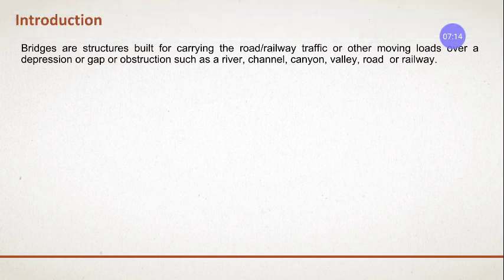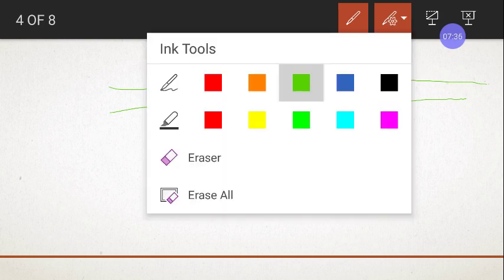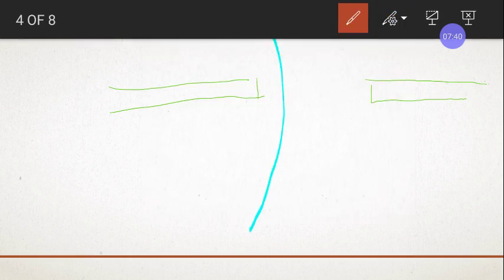Right, you understood, right? If I show you the example here, this was in the plan, right? Same thing I will draw here. You see, this is your road, right? And this is your road. Now there is a river here, right?